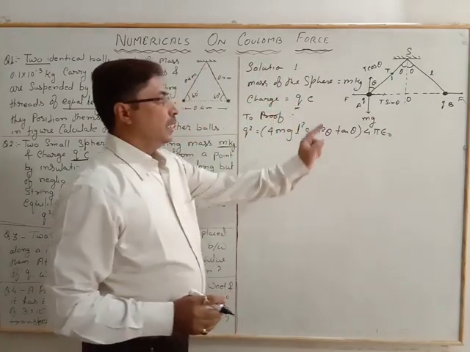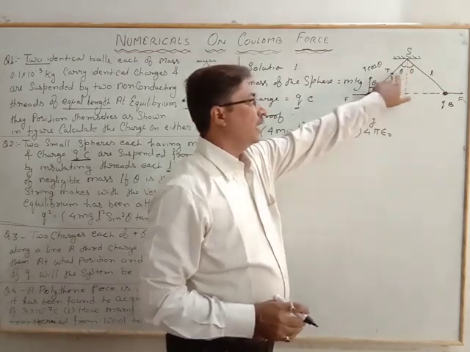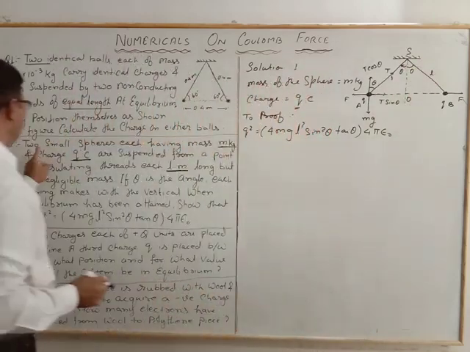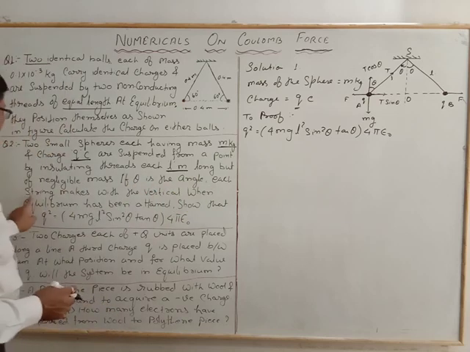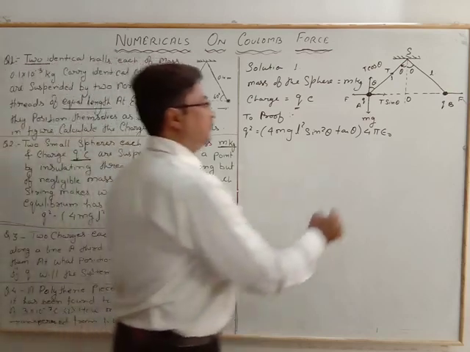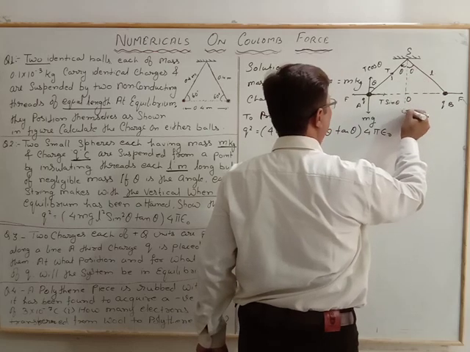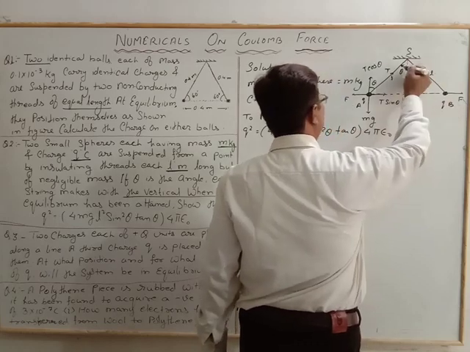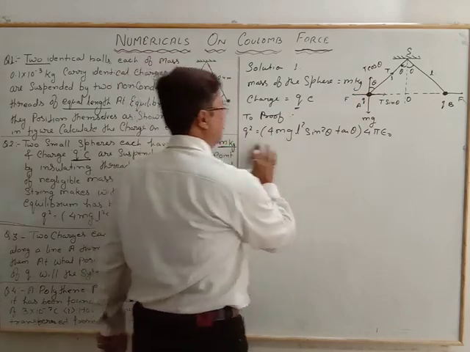Listen all of you. Here the angle given from the suspension point, the thread has the angle of theta from the suspension point. That is written here, if theta is the angle each string makes with the vertical, that means the angle starts from this line of suspension. This is the line of suspension. Bob may be at equilibrium, two bobs may be here. So the angle is made from the line of suspension to the thread, and we have to prove this relation here.